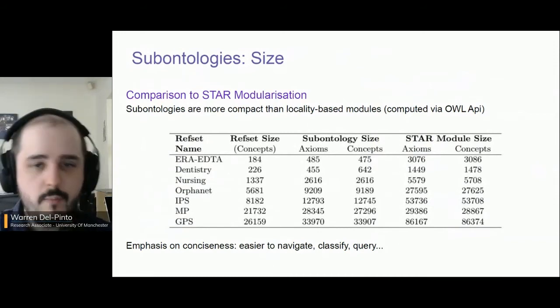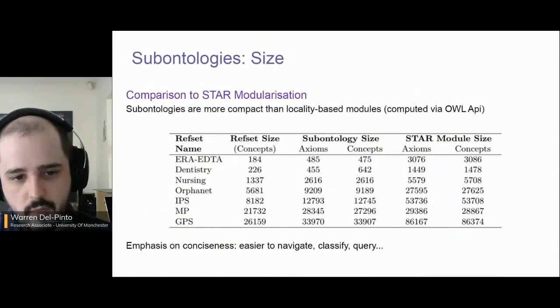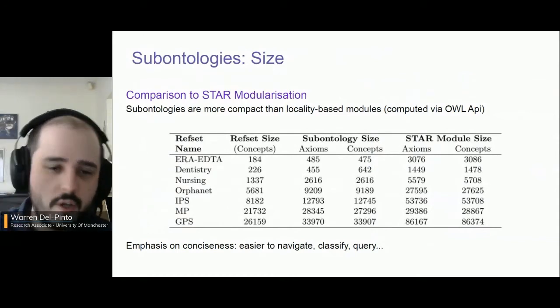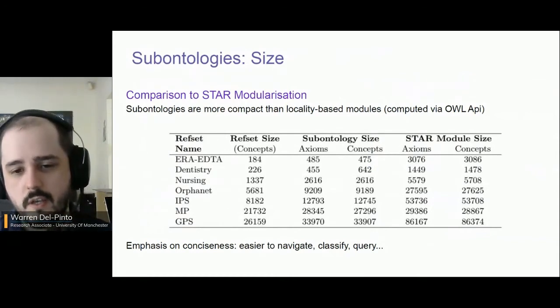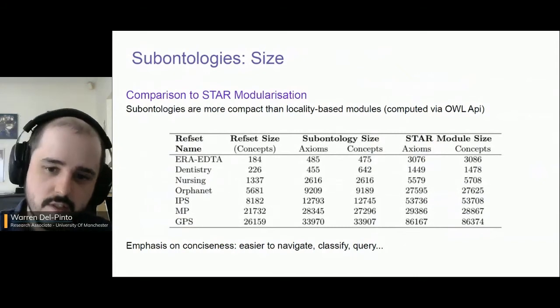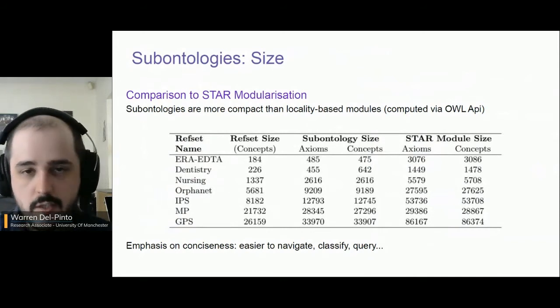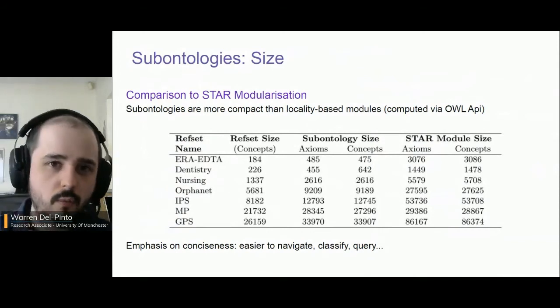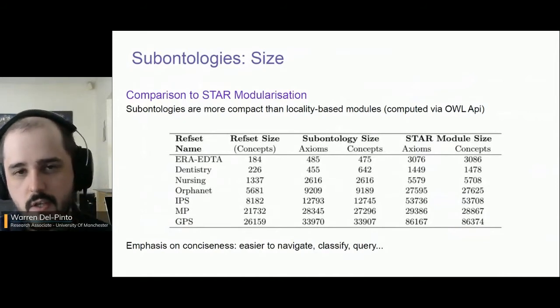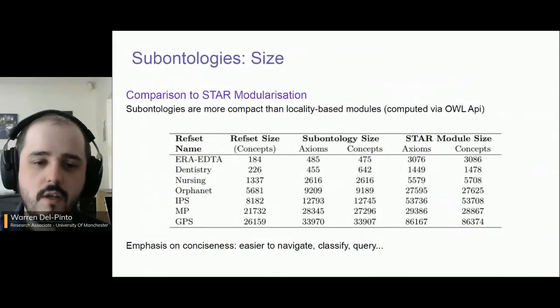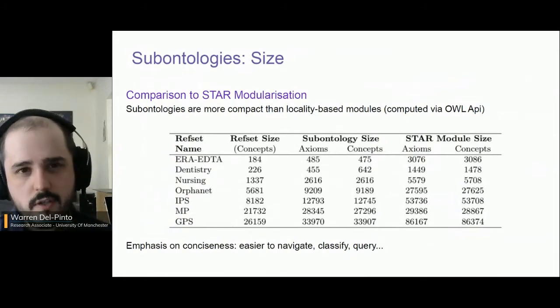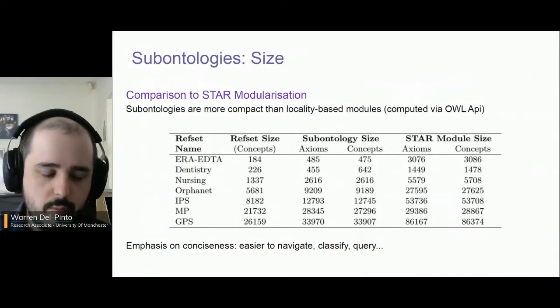For example, MP there denotes medicinal products, where we took a collection of concepts from only one hierarchy, so just medicinal products. And there you can see the sizes are much more similar. So there's a lot of interesting study to be done on when this occurs. But in this case, it's likely due to the fact that we're only really using one hierarchy in medicinal products. We're not spanning too much to other hierarchies. There's a few concepts from other hierarchies, but it's not as wide-reaching, for example, as maybe nursing or